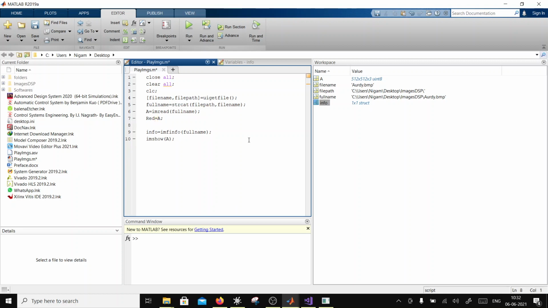And then I can say red of, let's say, how do you do indexing here? You do it in these brackets, right? And say everything, comma, everything. So this is XY, comma, 1.